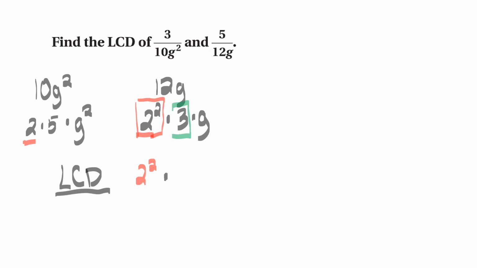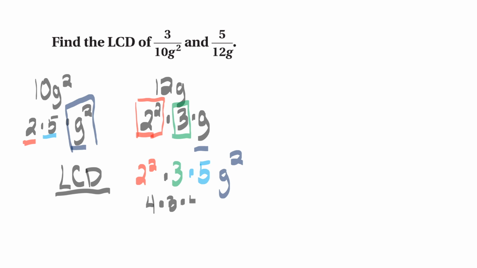So we're going to take the 2 to the second power, and we're going to be multiplying that by our next factor, which is 3. Now, it's okay that the 10g squared doesn't have a 3. That still is going to be part of our factorization. Then we look over here and we have a 5, so we need to multiply that times 5. And then they both have g's, so we need to take the higher power, which would be g squared. Okay, so then we just multiply this all together. 2 to the second power is 4. So 4 times 3 times 5 gives us 60g squared. So our least common denominator